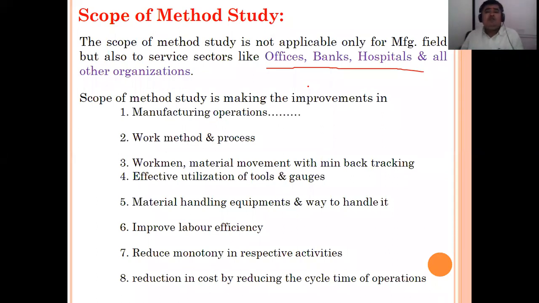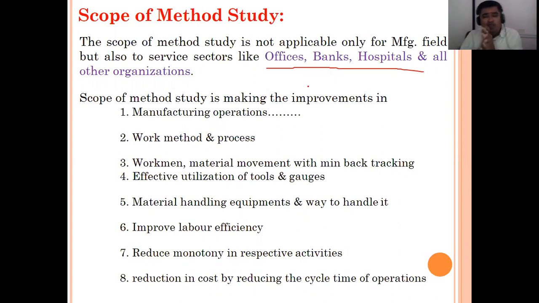So this is not only limited to manufacturing or industry, but this method study can be applicable everywhere. In schools also, in colleges also. Whatever offices are there are at the ground floor. The principal cabin, where people are always coming, always things are there. First year departments, where parents and lots of students are always coming. These are at ground floors. Then specialized departments, with limited numbers, are at the upper side.